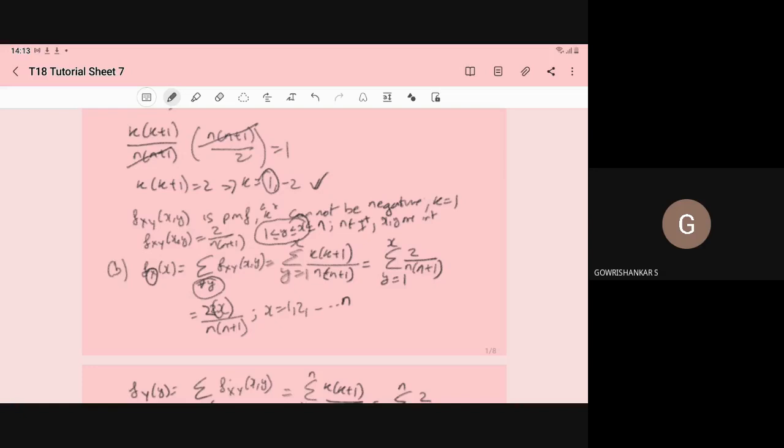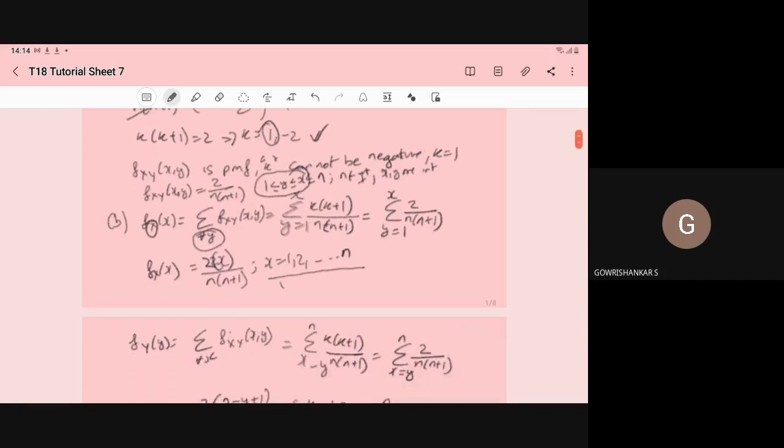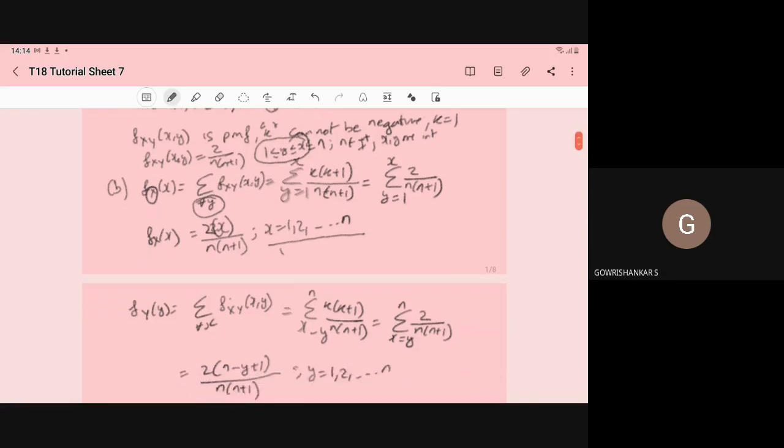Now when we write this, we always have to write for what values of x. The range of x is necessary to mention, because now it is a function. So f_X(x) is equal to 2 into x upon n into (n plus 1) for x equal to 1 to n. This means that for computing the marginal density of x, you have to take the sum or integration over the other variables. Similarly, if you have to compute the marginal density of y, that means the density of the random variable y,